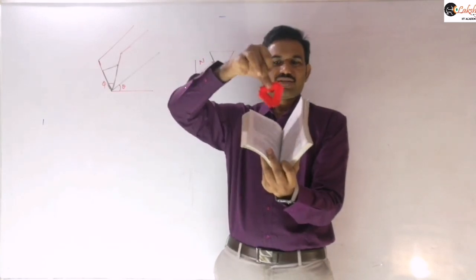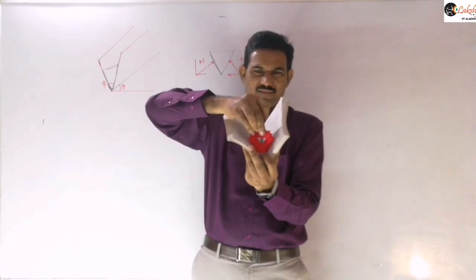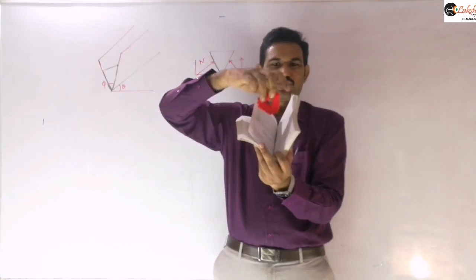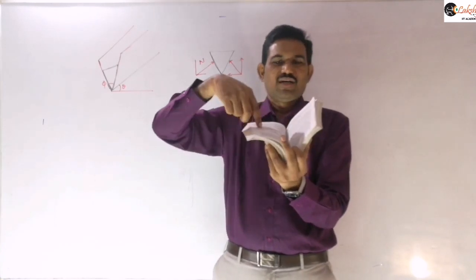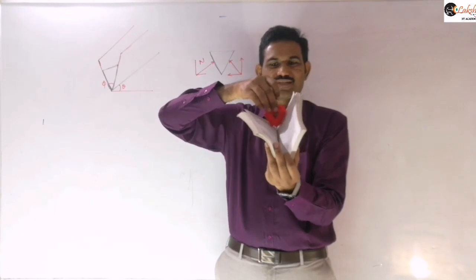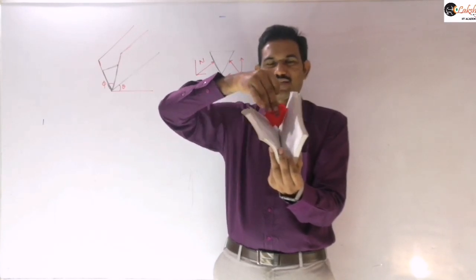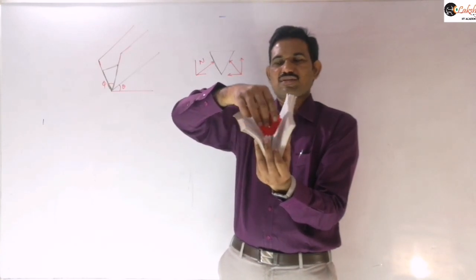Now I am taking some triangular block. This triangular block is sliding along this, right? There will be one contact force as well as friction from this plane, and there will be another contact force and friction from this plane, right? So the block is sliding like this. Now you should understand the directions of these frictions clearly.